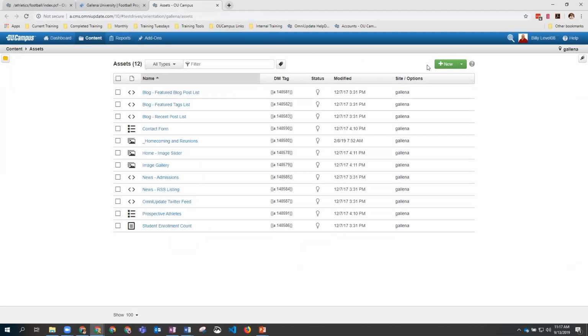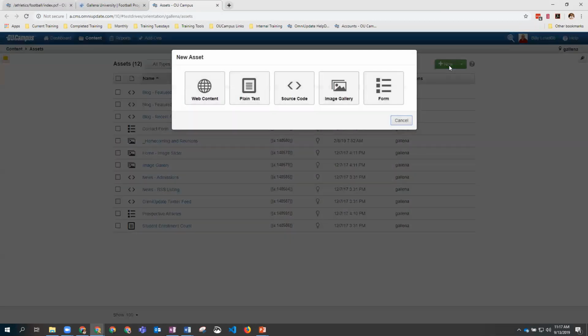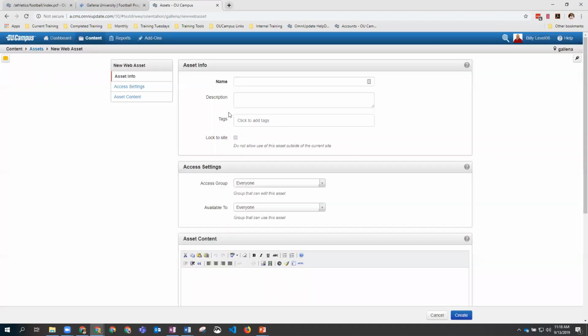So in order to do that, I'm going to go over here to new. I'm going to select web content. When I do this, this opens up this creation tool. I'm going to give this a name. I'm going to call this tuition rates. And here I can give it a description. We'll just copy this. Current